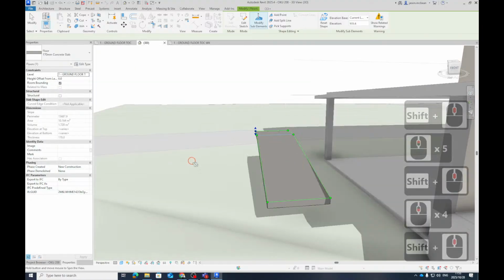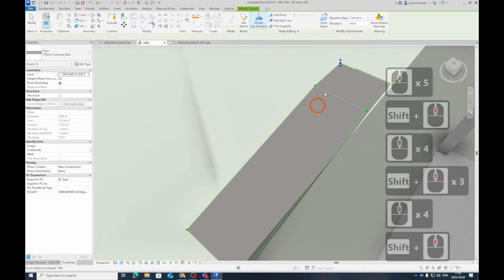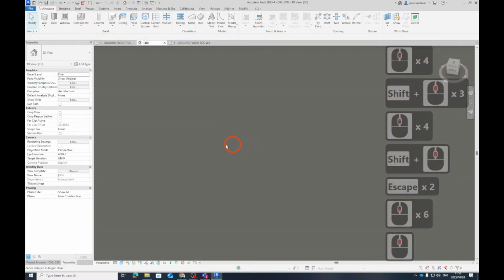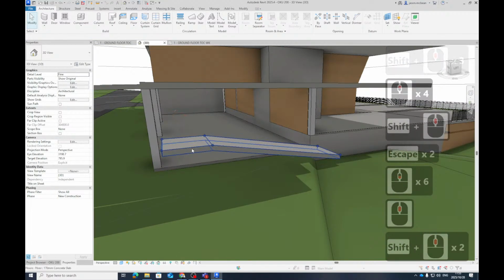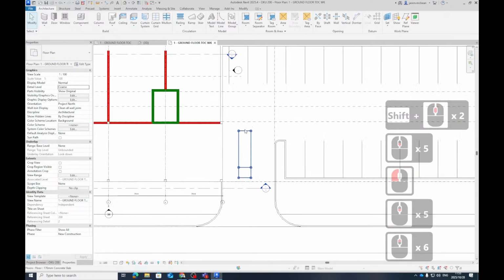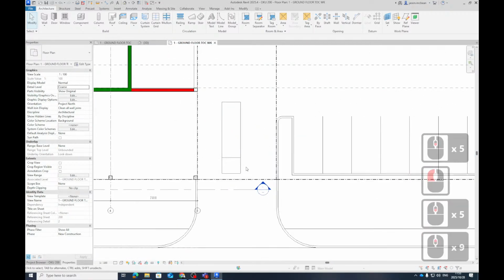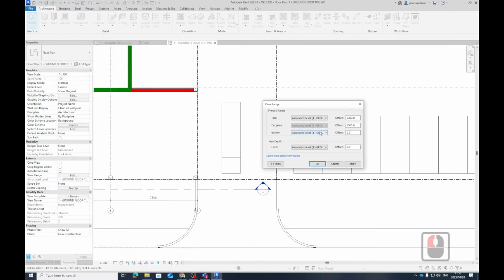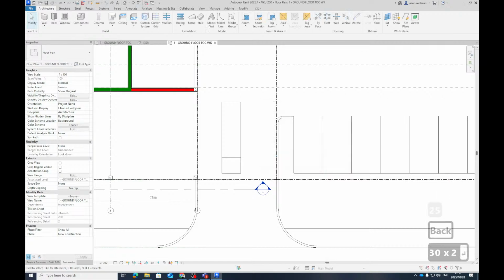Now to do this in Revit by trying to make the ramp, impossible. Okay, now if you want to, you can join another floor here and lift it all up. So let's just go to ground floor. Now in ground floor, sometimes you'll stop seeing this because it gets above the cut plane. So in view range, just make sure that you set this to be higher. Make it 2,300 for now so we can see